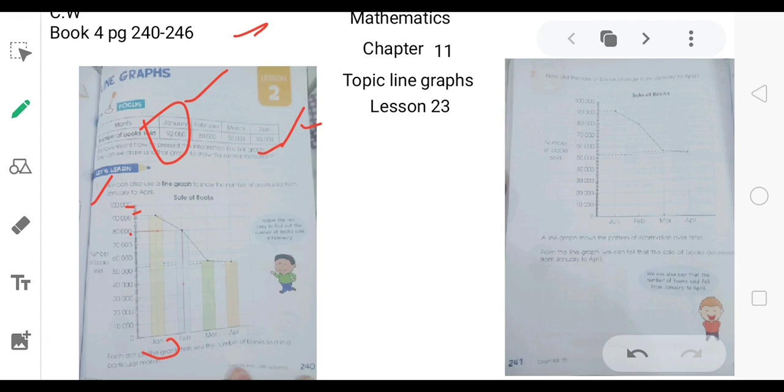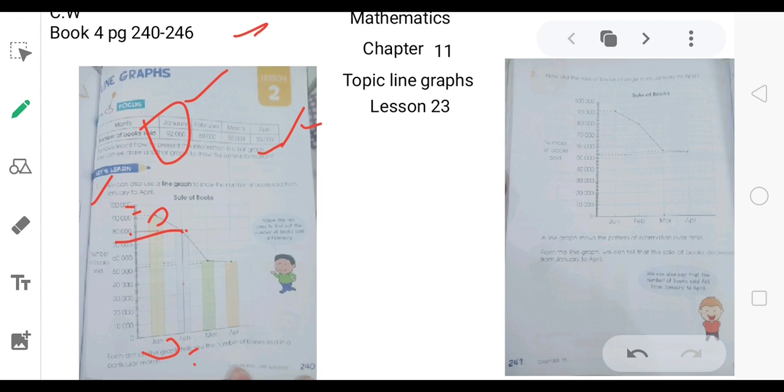You can see in the book. In the second line after 90,000, it is 92,000. So just put a small dot over here. Again, in February he sold 80,000. Where does 80,000 go? It's over here. This one is 80, and it's over in this side, February. Okay, draw the small point over here. Is it clear? It's parallel to February. Okay.